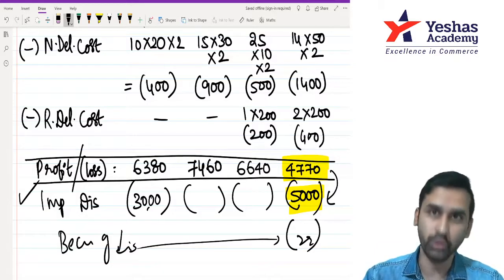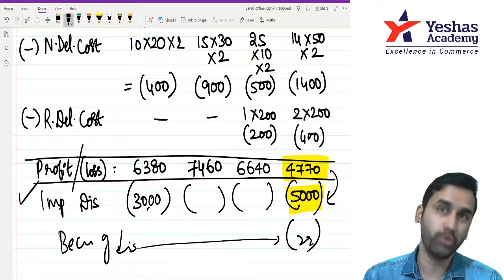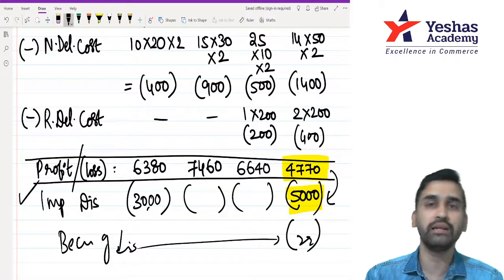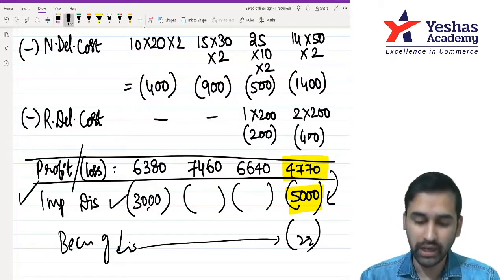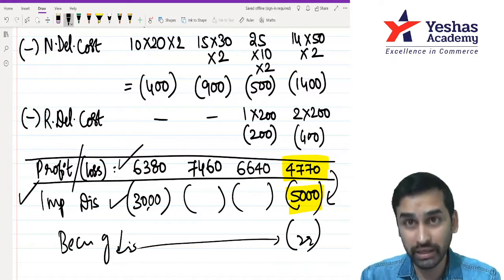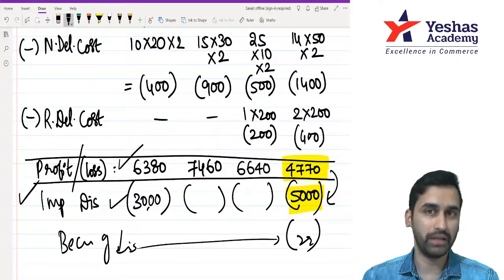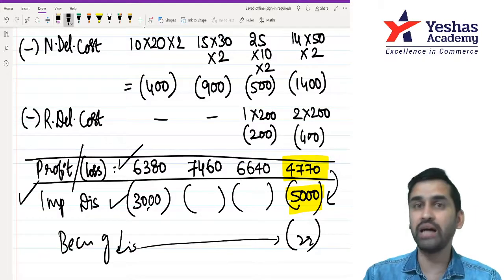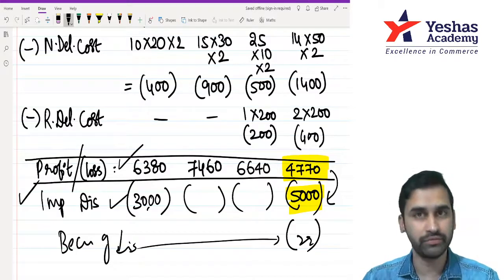If they ask you to write the comment, then in the question they will give you both list price and selling price after discount. Then you have to see how much is the discount and how much is the profit after giving the discount, and then you see whether giving discount was a good decision or not. Clear? If they ask you, then only do that. Otherwise what I have done is more than enough.